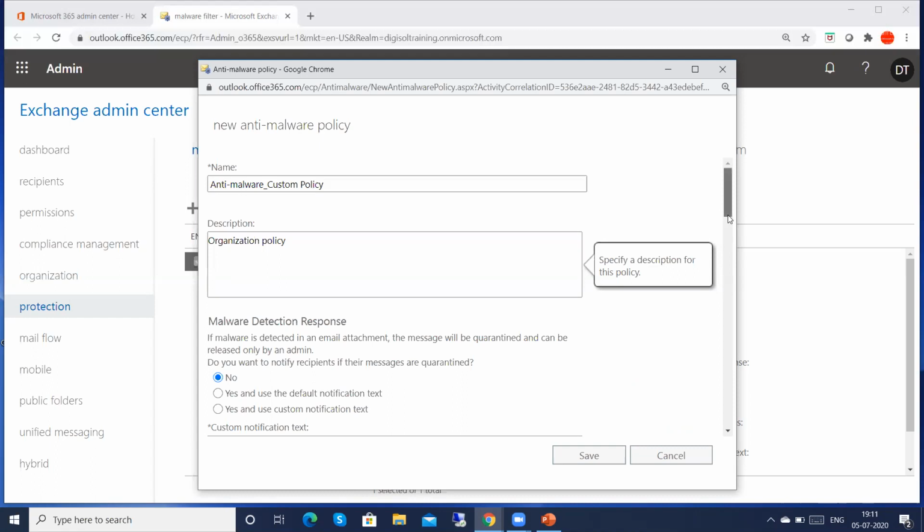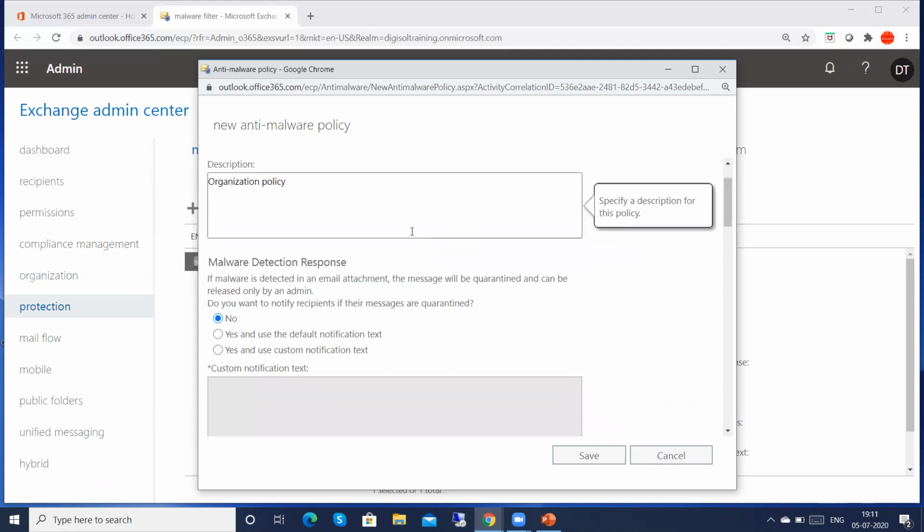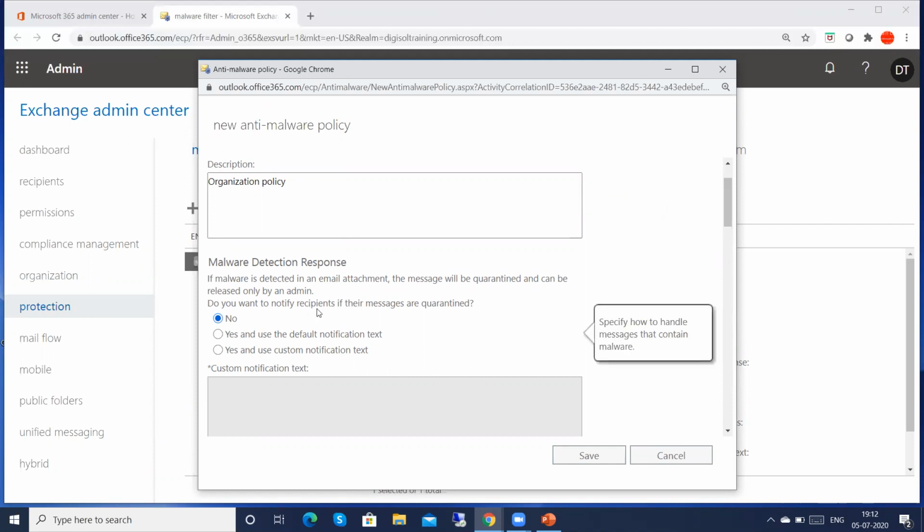Okay, so here now malware detection response. If malware is detected in an email attachment, the message will be quarantined and can be released only by an admin. Do you want to notify recipients if their messages are quarantined? No or yes? Yes, and use the default text note.